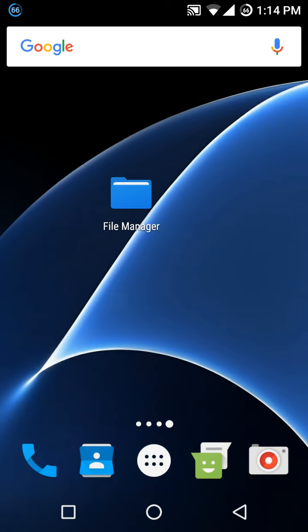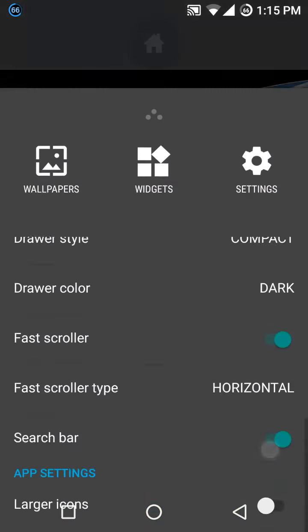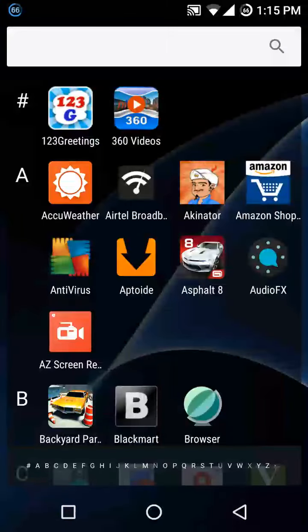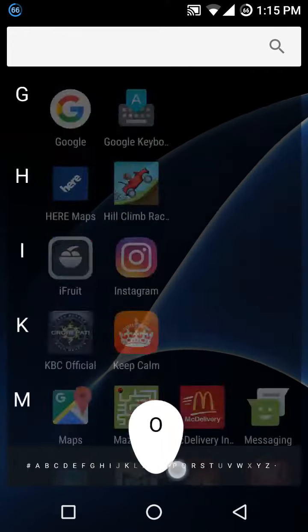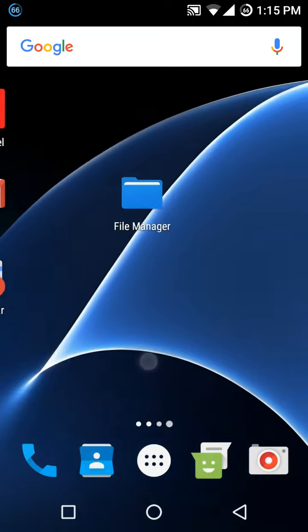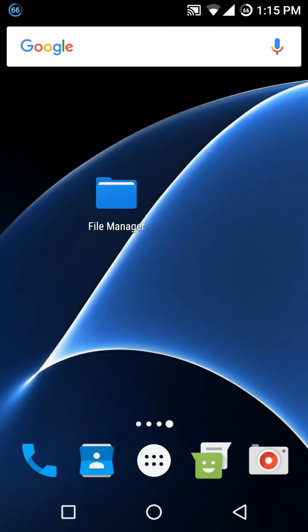And when you click on sections, this will bring these sections where you have this menu also and this menu also. So CyanogenMod is highly customizable and is very efficient to use. There are no lags in this OS, and you can flash this ROM via TWRP recovery.